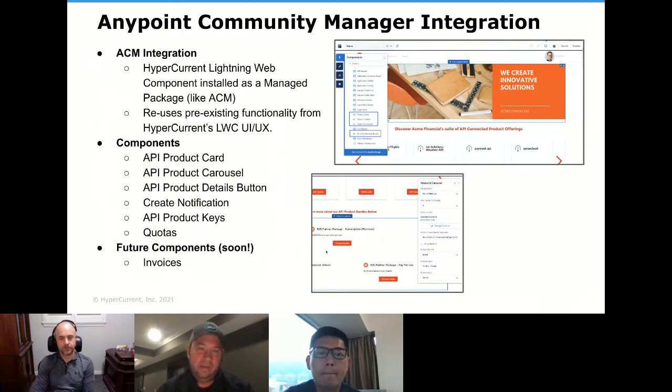Okay, yeah. And then the final piece is the ACM integration. So I'll show you this in depth when I go through the demo. But essentially, what we've done at HyperCurrent is build a series of lightweight web components that mirror some of the functionality within Anypoint Community Manager and Community Cloud. So specifically, we have